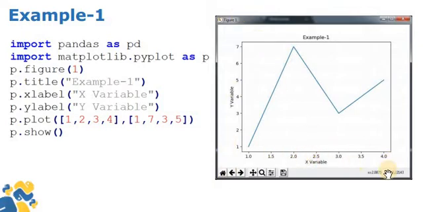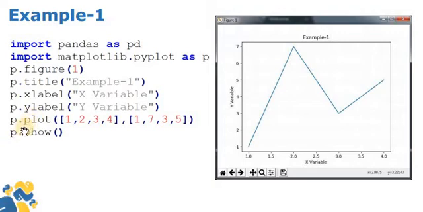Now in the x, what if we want to give the values, meaning which particular variable values we have to print? Suppose I am giving the employee data as x, and I want to show the salary as y. Then we can give it by the xlabel, that means at the x axis, what label name we want to give. Same way, if we want to give a label for the y axis, then p.ylabel, here I am giving the y variable. Now the most important functions, plot and show.